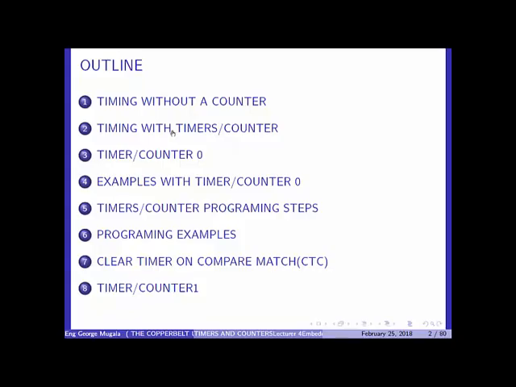Now we're beginning a new series. We're beginning a new series of timers and counters, and this is the outline of what we're going to look at. We're going to look at timing without a timer. We're going to look at also timing with timers and counters, and it's very much important that you understand